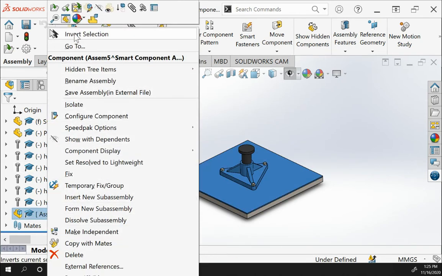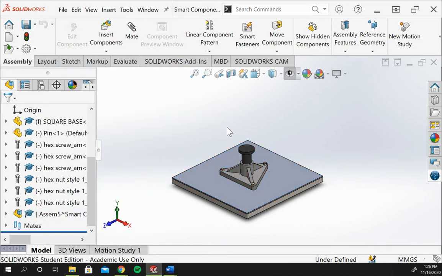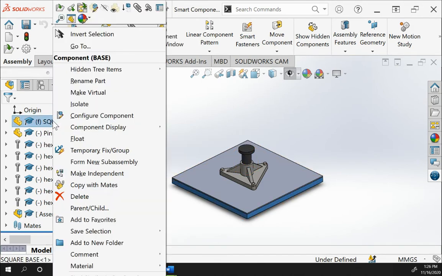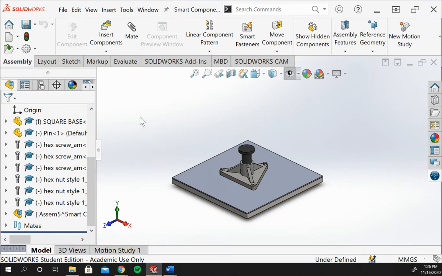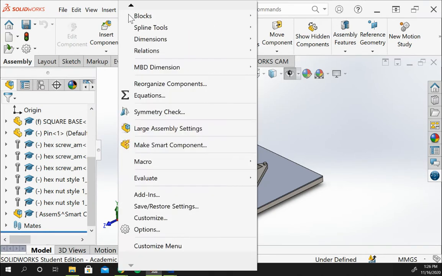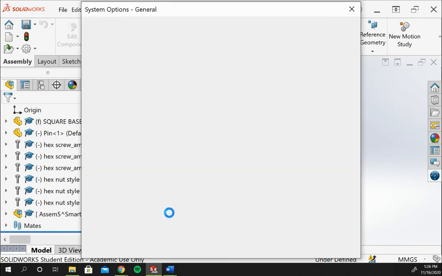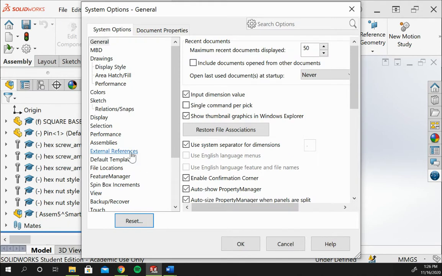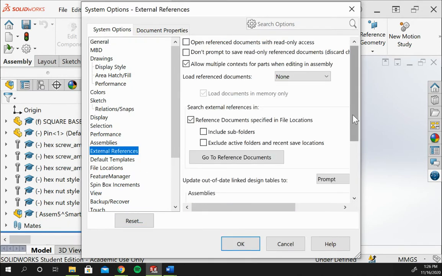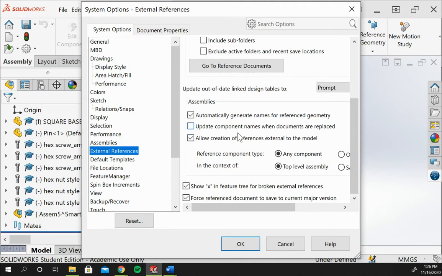You can do the right-click method, which is rename the assembly right there. And then also for a part, you can rename it by right-clicking and go in there. The settings you need to have set up, you're going to want to click Tools, go down to Options. There are two different ones you want to make sure. There's external references. You want to make sure that this right here is unchecked, the update component names when documents